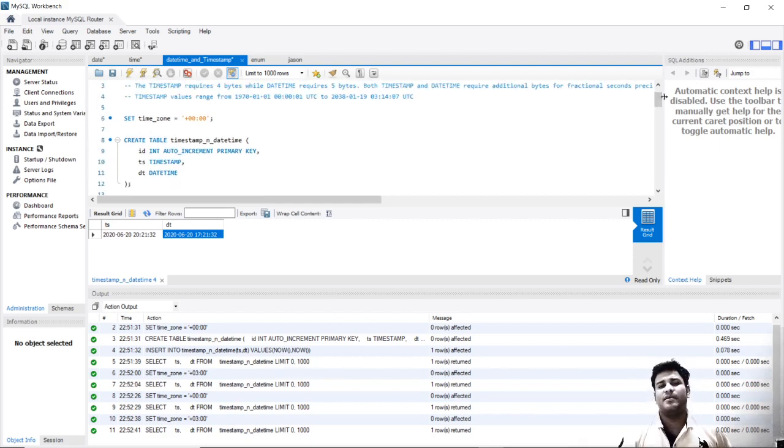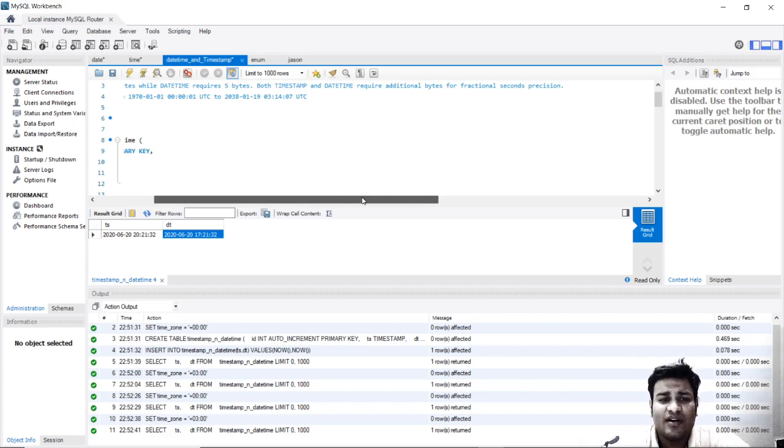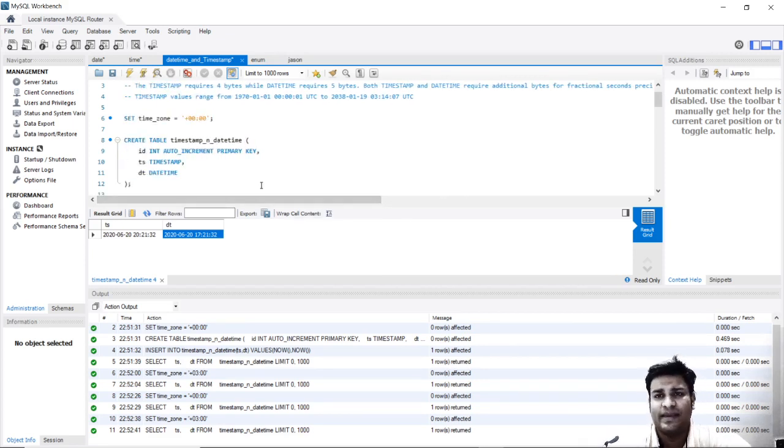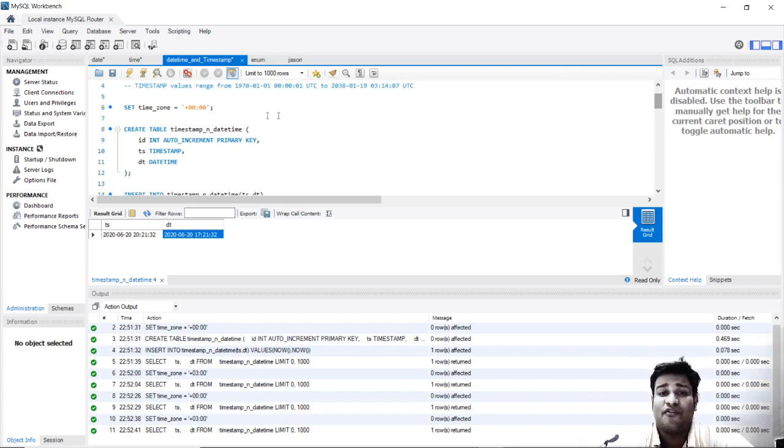Please remember this, that datetime and timestamp, both of them are mostly the same, but datetime requires 5 bytes of space, timestamp requires 4 bytes of space. Anyhow, fractional second precision is not used much in major scenarios. It will be used maybe in performance. In my case, I have to make sure that even fractions of seconds are not missed and have been reported in the report. But for people, even developers, these timings are not very necessary to make sure that the business logic is doing fine.